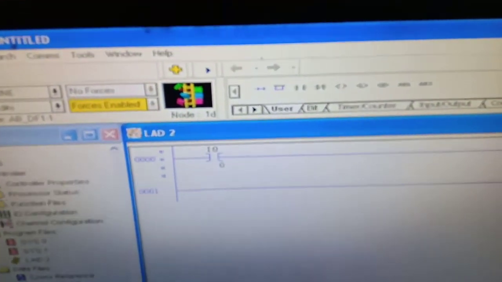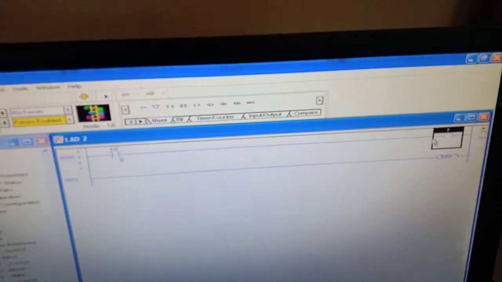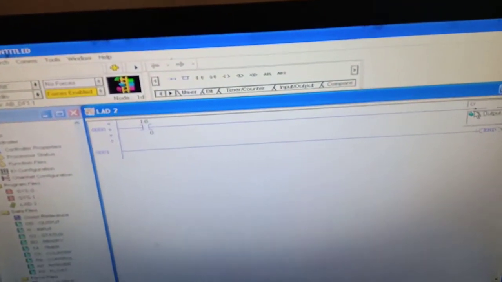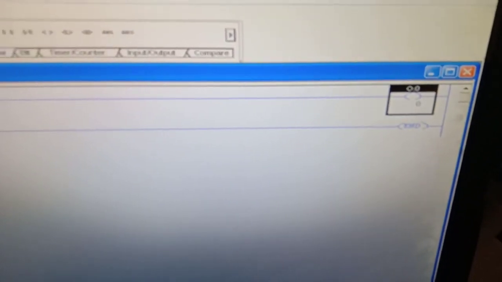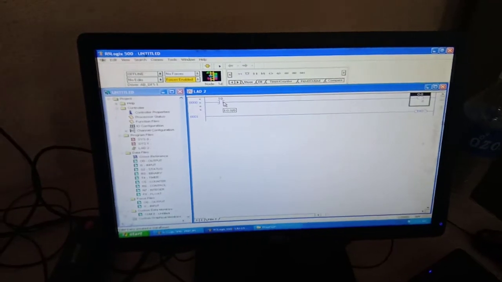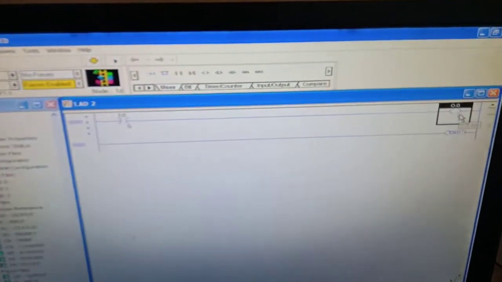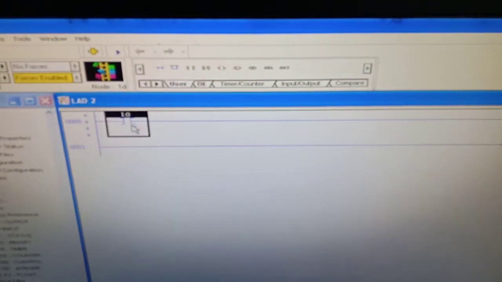This symbol is the output. So when pin number 0 is active, we will immediately get the output at pin number 0.